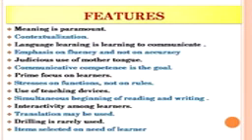Now we'll look into the features of communicative language teaching. The first feature is meaning is paramount. That means it gives emphasis on meaning. And the next point is contextualization. A language cannot exist in vacuum. For this, context has to be used. The next point is language learning is learning to communicate. This means, as per communicative language teaching, learning to communicate is the main focus.